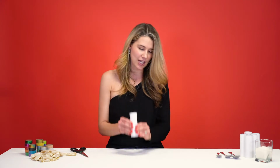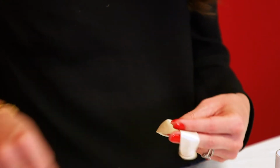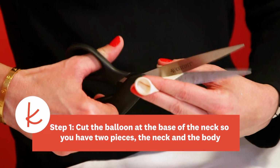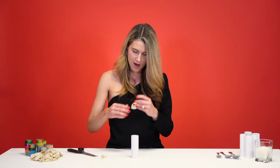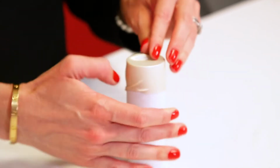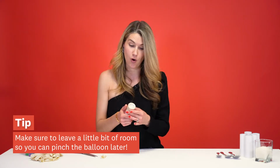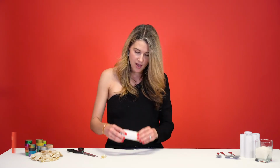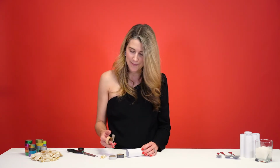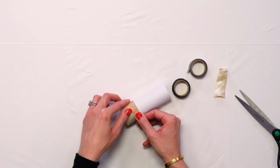So first you're gonna take a tube of this size and add a balloon. You can use these balloons in your wedding colors or go for something that's really neutral like the champagne balloon we have here. You're gonna cut off the top, so you've got two parts. You're going to attach this to what will be the bottom of your launcher. And we're gonna secure ours with washi tape, and that's gonna double as our decor. But you can paint these tubes, you can add a sticker monogram, you can do anything you want to personalize them. So I'm gonna add a little washi tape to seal my balloon